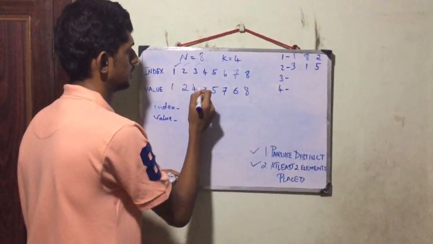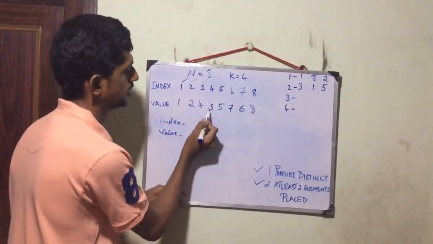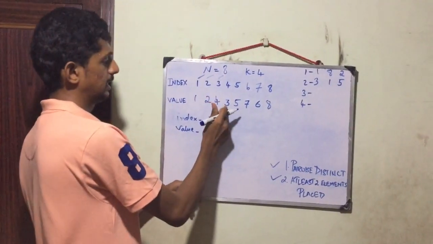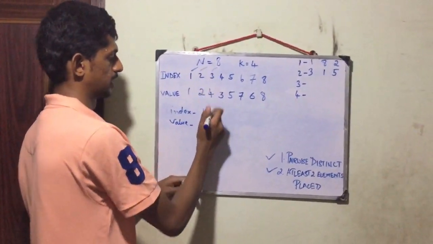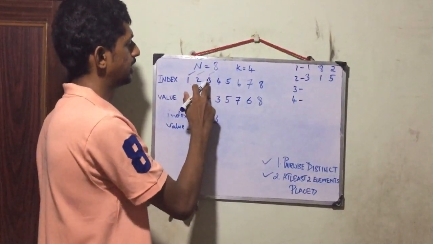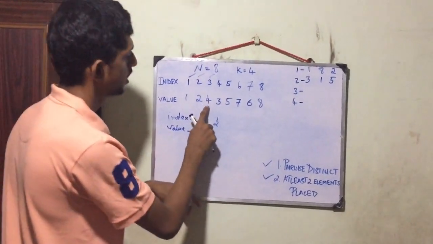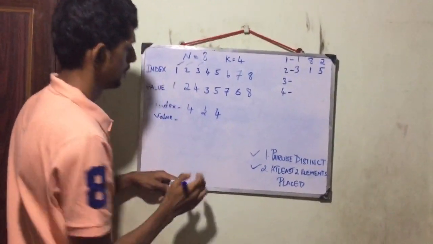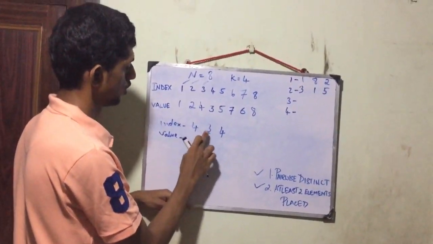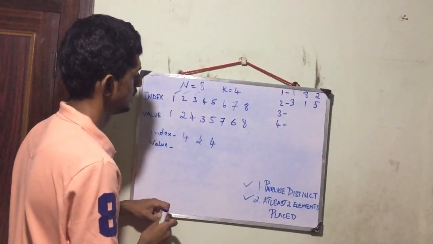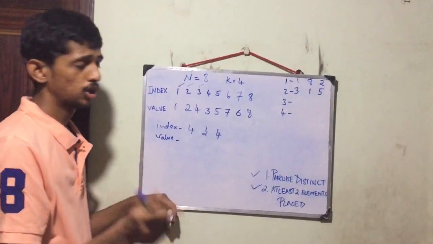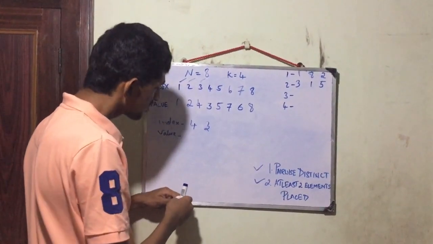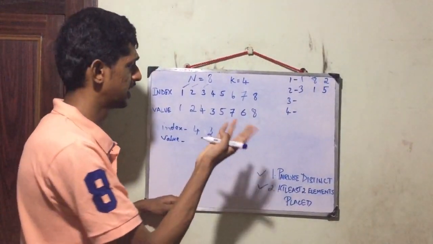In the fourth index, I have the value 3. This 3 has to go to the third index. So initially 4, and then this 3 has to go to the third index. In the index 3 we have value 4, but this value 4 should go to the fourth index. Now you can see that 4, 3, 4 is not pairwise distinct. Therefore, I cannot select my third index as 4. Now, I am going to select some other index value.